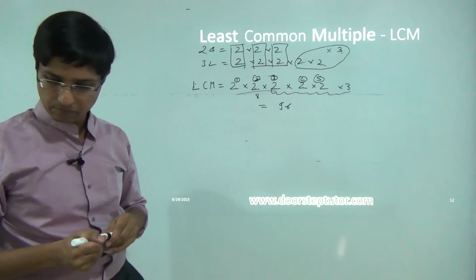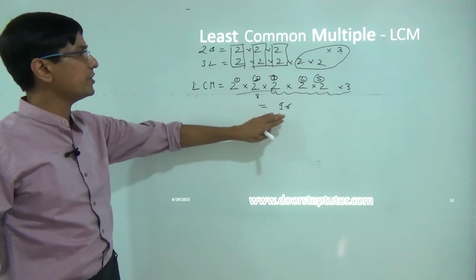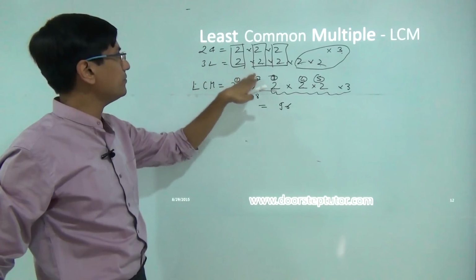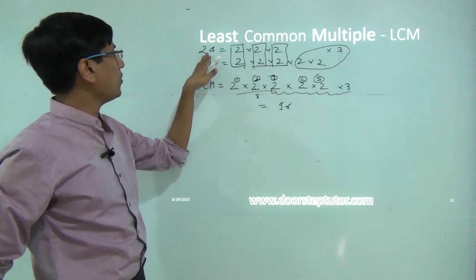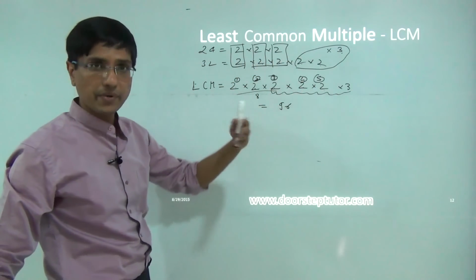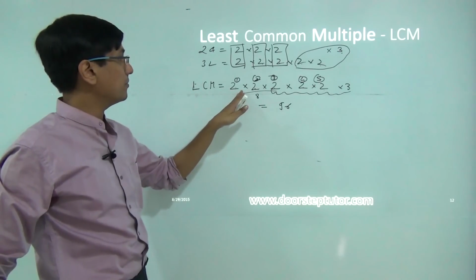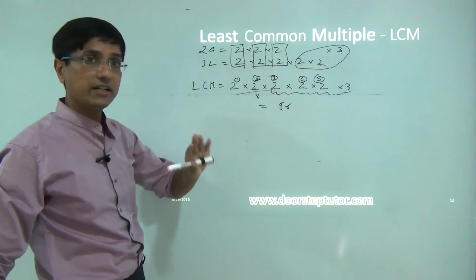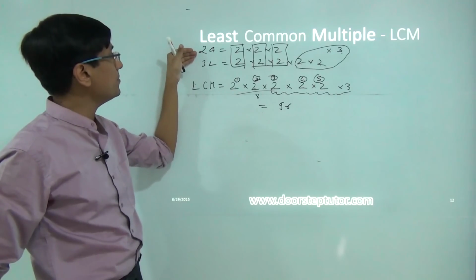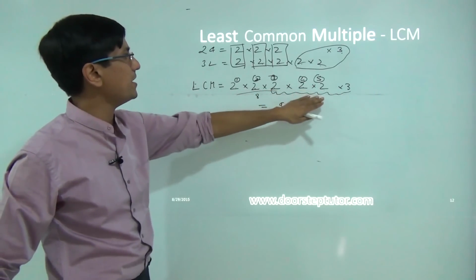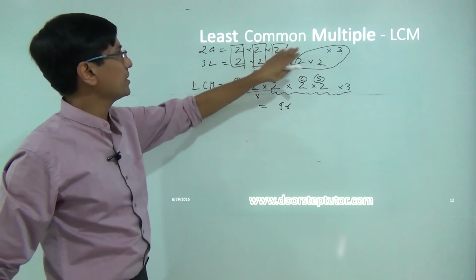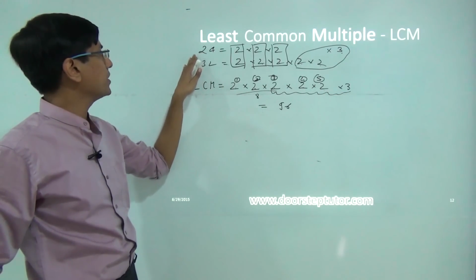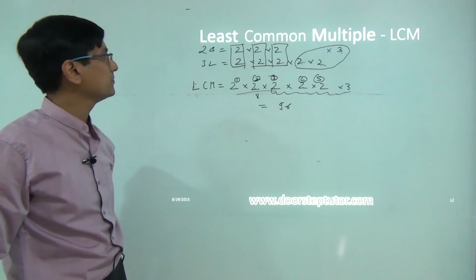So intuitively you can now understand why 96 is divisible, because it contains all the factors of 32 and all the factors of 24 separately. It's not that we have multiplied them together. It is a little different. If I take 32, it has 5 2's, and if I take 24, it has 3 2's and a 3. That is why it is divisible by both 24 and 32 separately.